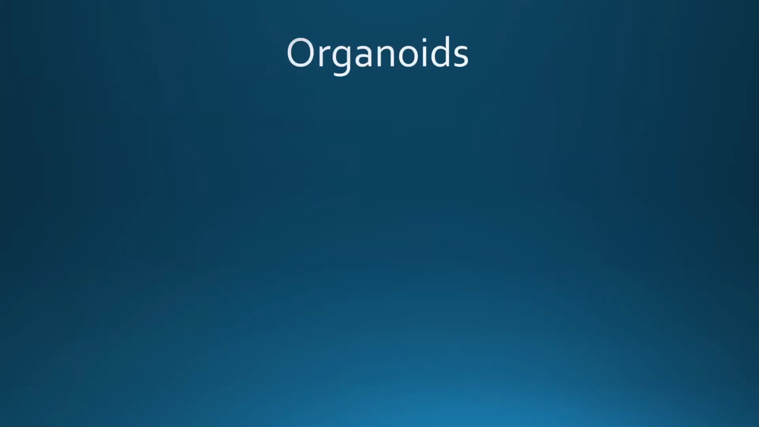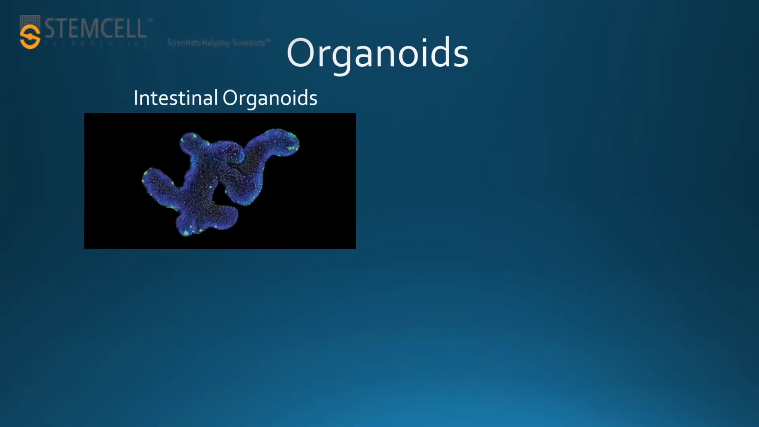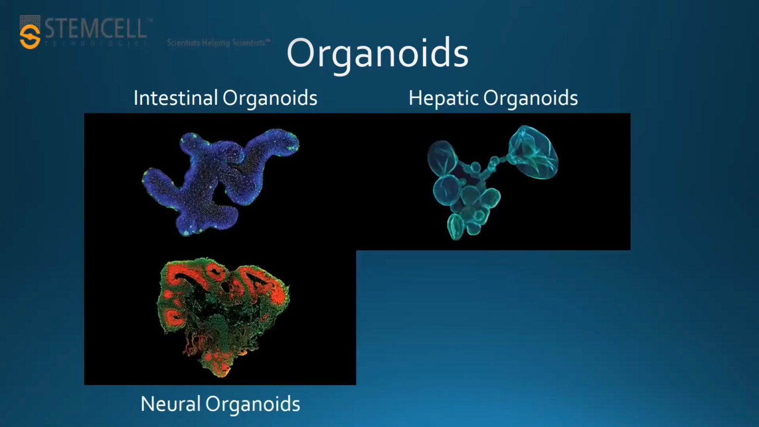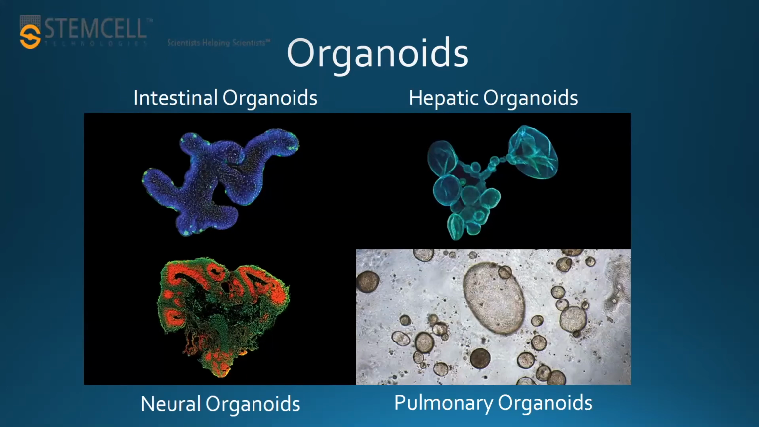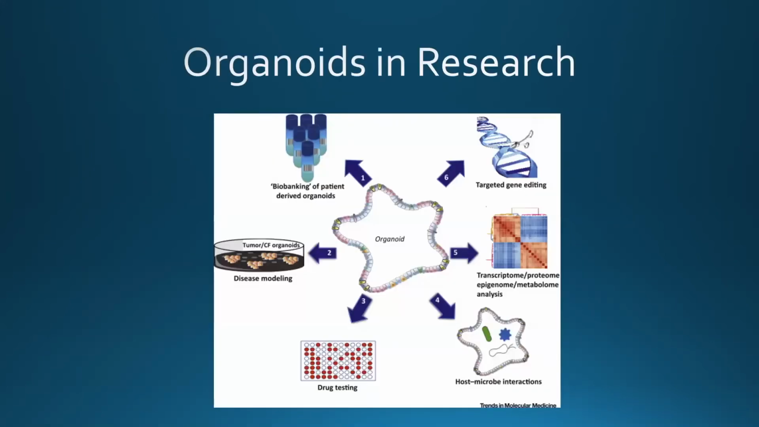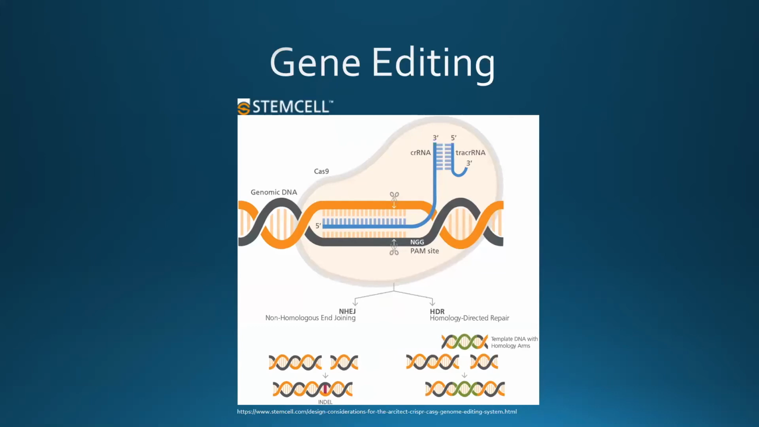Another big use of stem cells in the last couple of years has been organoids. These are 3D cultures of stem cells that actually recapitulate a simplified version of organs. Now you can form intestinal organoids, hepatic organoids, neural organoids, and pulmonary organoids. And these organoids can then be used in research as well, such as disease modeling, drug testing, host microbe interactions, proteomic studies. And then last but not least, iPS is a common source of material for gene editing, which Dr. Raymond will actually discuss